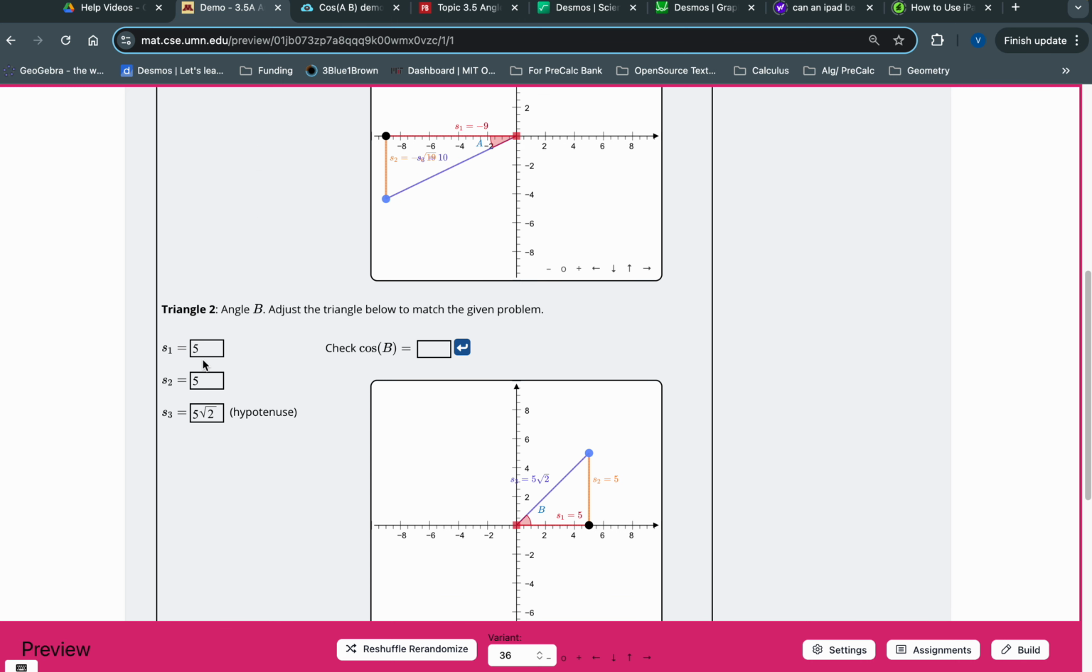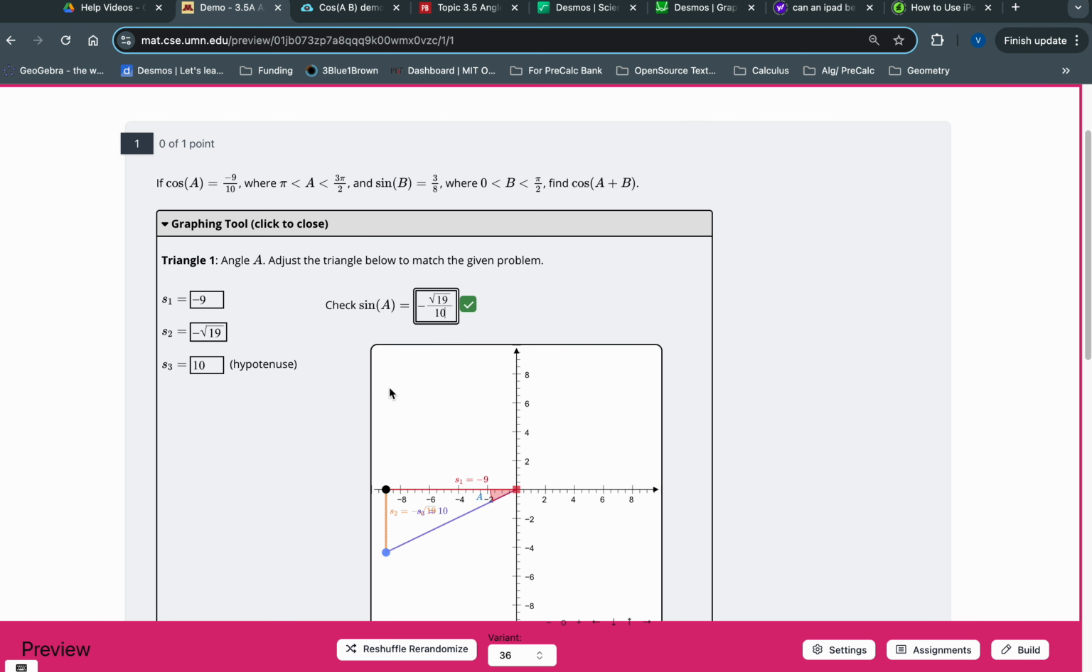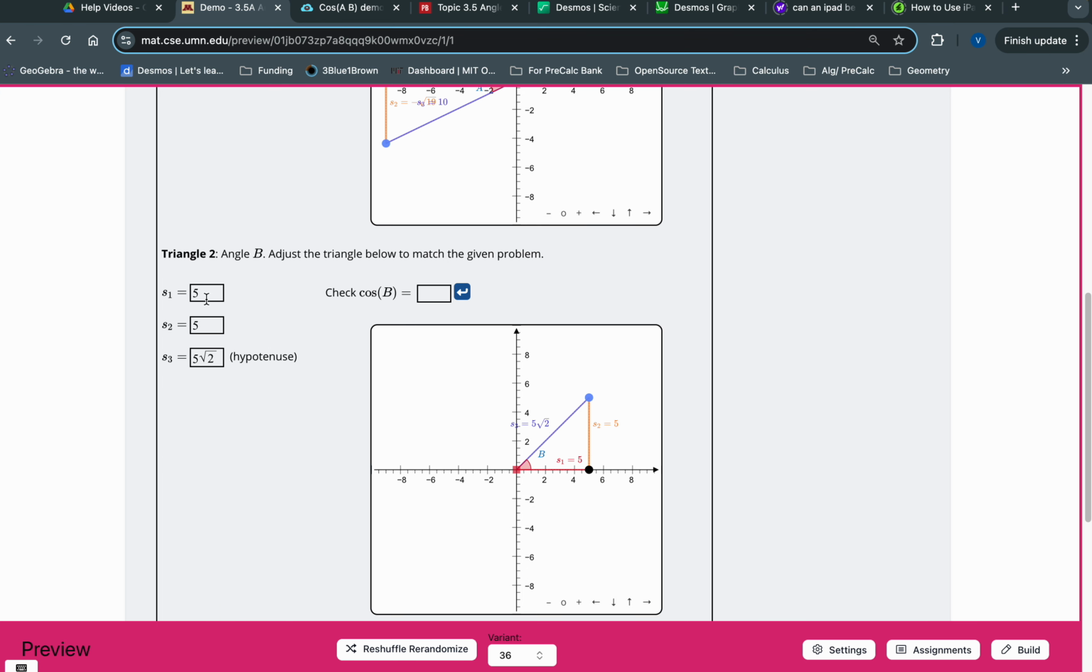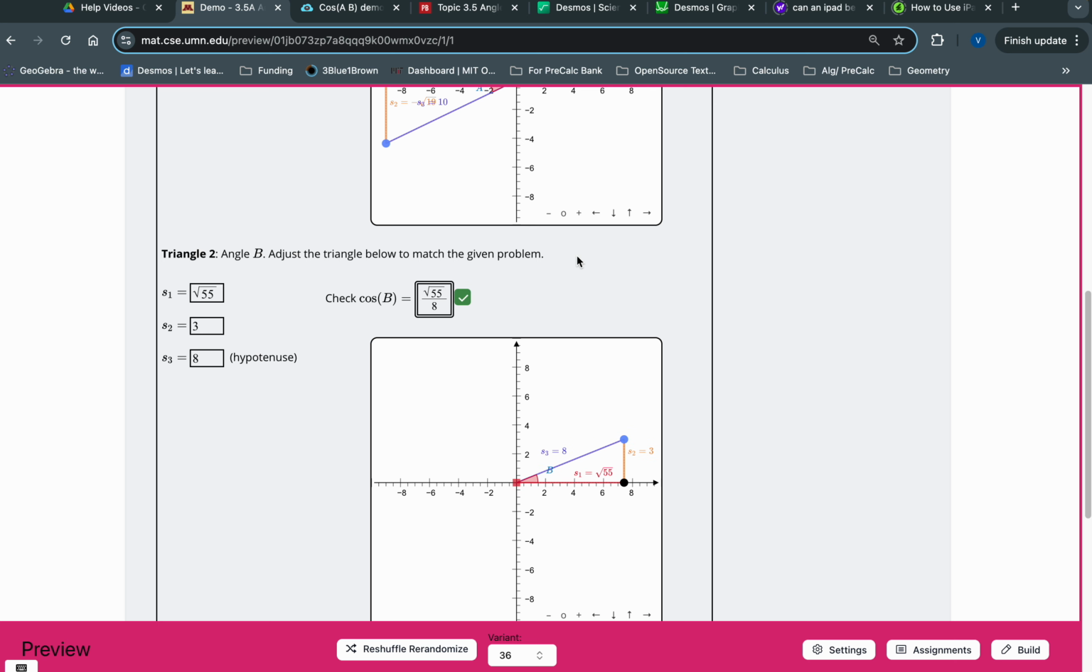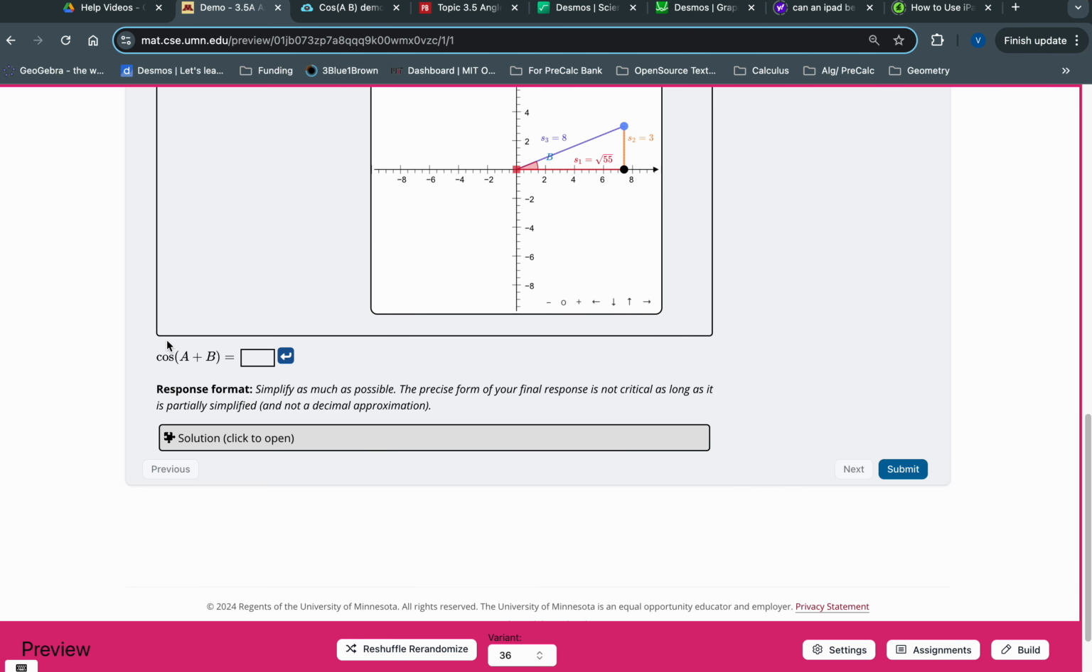All right, so angle B, we are given that the sine is 3/8, and this one's pretty easy. So opposite side is 3, hypotenuse is 8, and then the adjacent leg is going to be the square root of 8 squared minus 3 squared. So 64 minus 9, which is going to be 55. So I can check that the cosine is square root of 55 divided by 8. Okay, so I have all the numbers that I need to apply the correct formula and to get